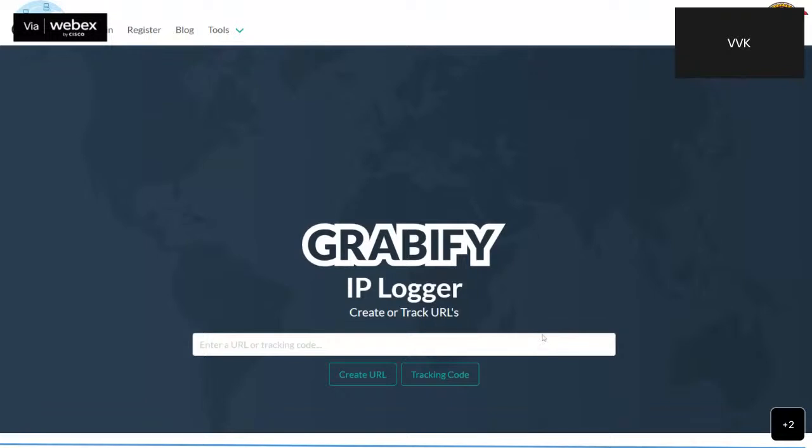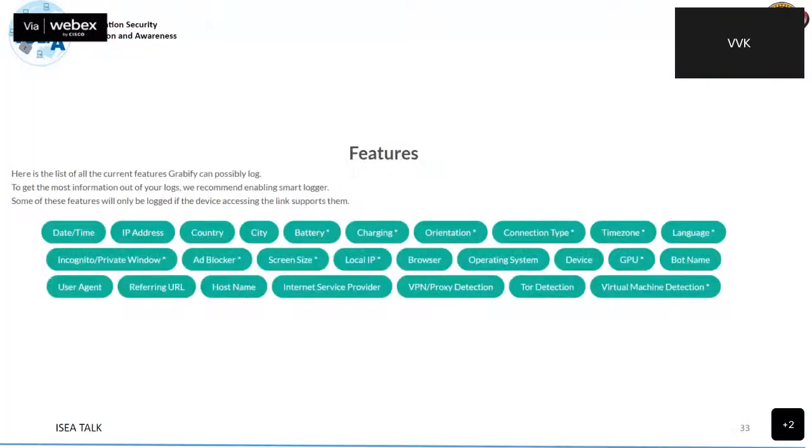So this URL may be cloned with some regular company's URL. Very simple. Just create a URL or a tracking code and then send it through SMS, email, or WhatsApp to anyone. If somebody clicks on it, what are the features collected? These are the date and time, the IP address of the device with which you clicked on the link, country,